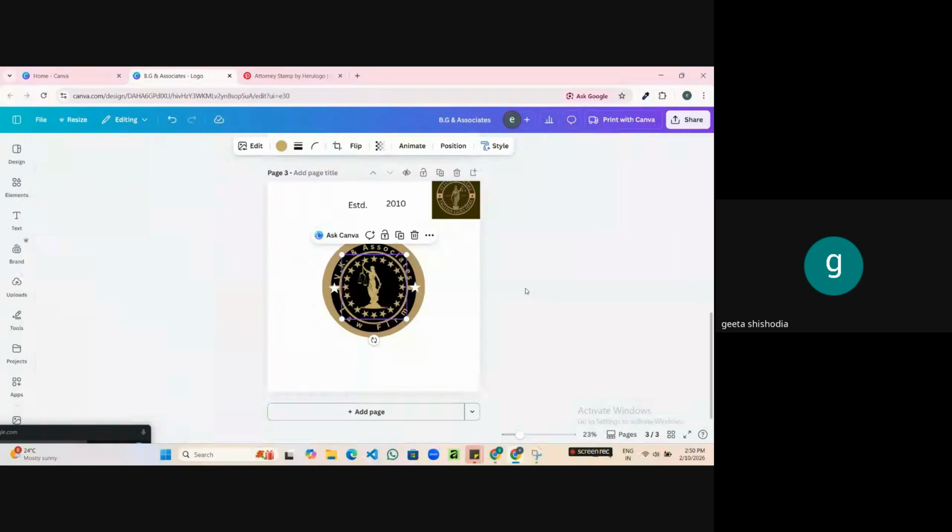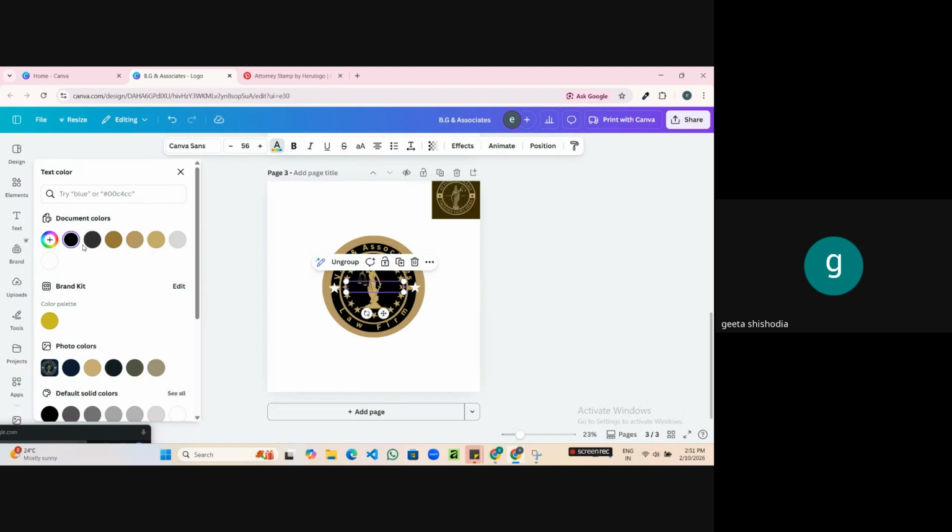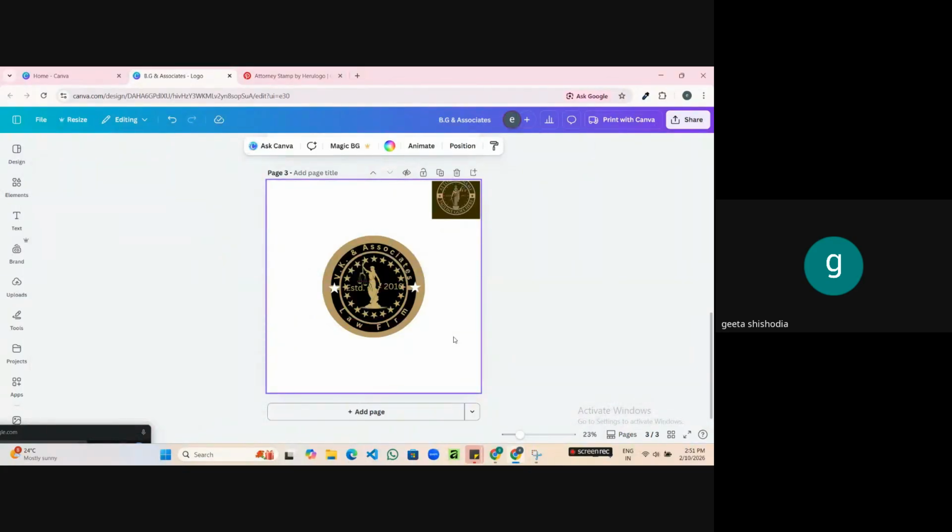Okay, this is also done, and now the final thing is the established text. So just pull it down and adjust it over here. This is not visible. Again, right click, layers, and bring to front. Achha, this is black color now, so I have to change the color. So go to fonts, change the font color to brown so that it is visible to you. Okay, so if it is hiding under the stars, you can decrease the font size